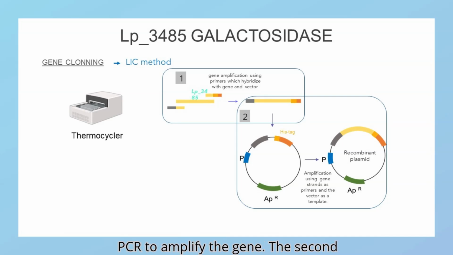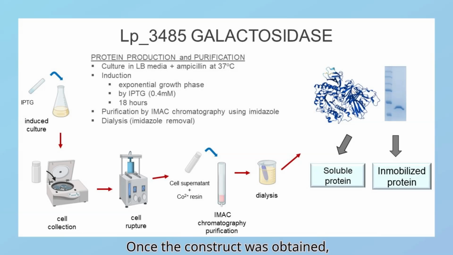The first step is a PCR to amplify the gene. The second step involves an amplification where the DNA strands of the gene serve as primers, and the template is the vector. Once the construct was obtained,